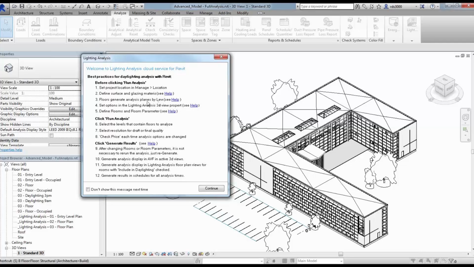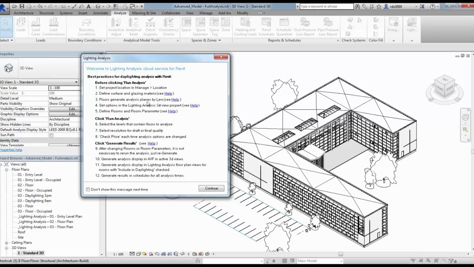The analysis planes that we're running the analysis on, the points that we're running the analysis on, by LEED requirements, it's a plane of points with at least a 5-foot grid resolution, and the point should be located 30 inches above the floor surface or on a work plane. So we basically generate a grid of points at a 1-foot resolution, 30 inches above all of the floor objects